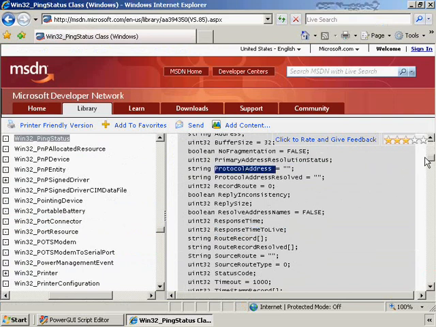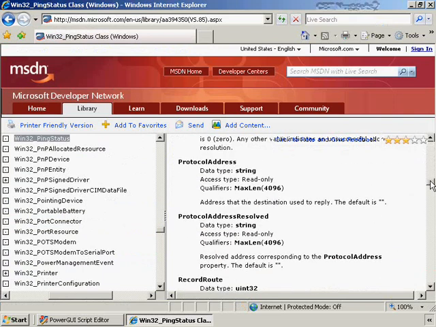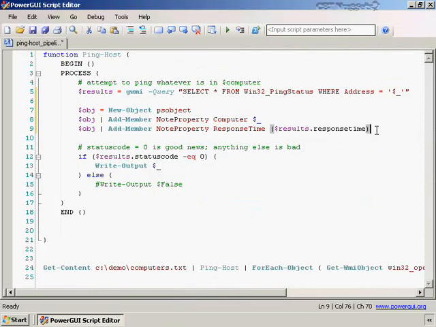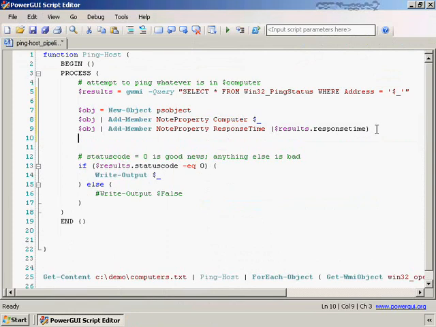That's the next one we're going to use. And if we scroll down and look at ProtocolAddress, it says the address that the destination used to reply. So this is where you would find that information, again, just by reading the documentation on the WMI class. So let's go ahead and add that last one there. obj, pipe to Add-Member, adding a NoteProperty called IPAddress,